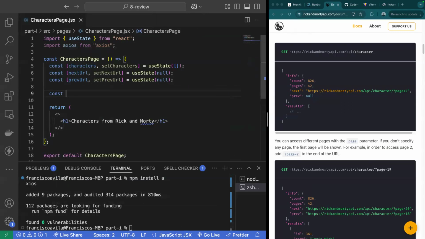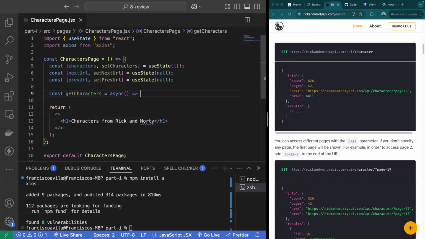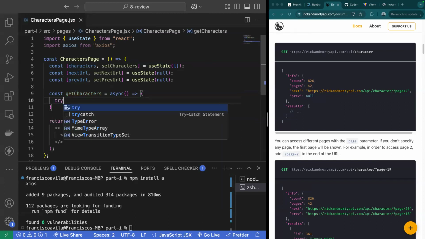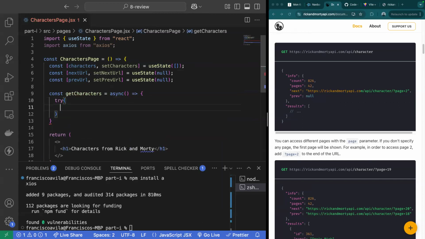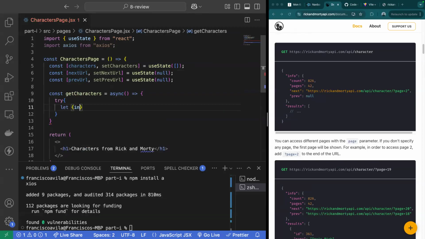I'm going to make my function of getCharacters, which is going to be an asynchronous function. In this function, I'm going to go ahead and try to let info and results, actually not sure that's exactly how that's going to look, so I'm going to grab data instead,